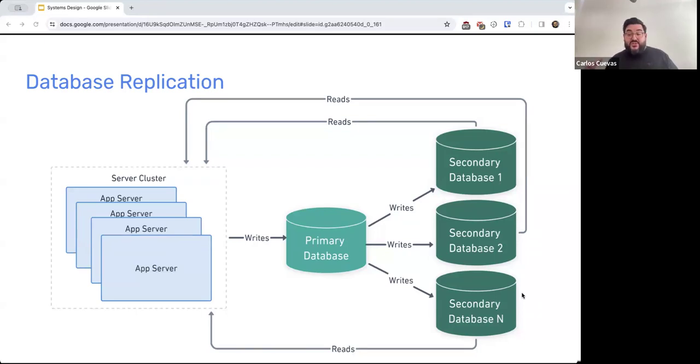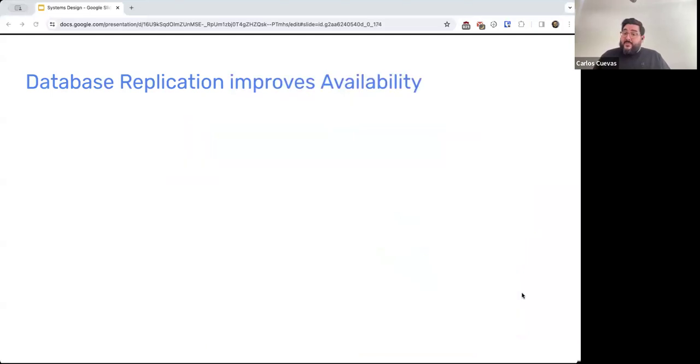And now I can actually scale up my database to be able to handle many more reads than I could before. There are also different ways to do it. Again, you don't have to actually write to just one. You can write to all. There's a bunch of different schemes, but again, this is just sort of the simplest one. And then the same idea, right? Database replication, just the same way that it helps with performance,